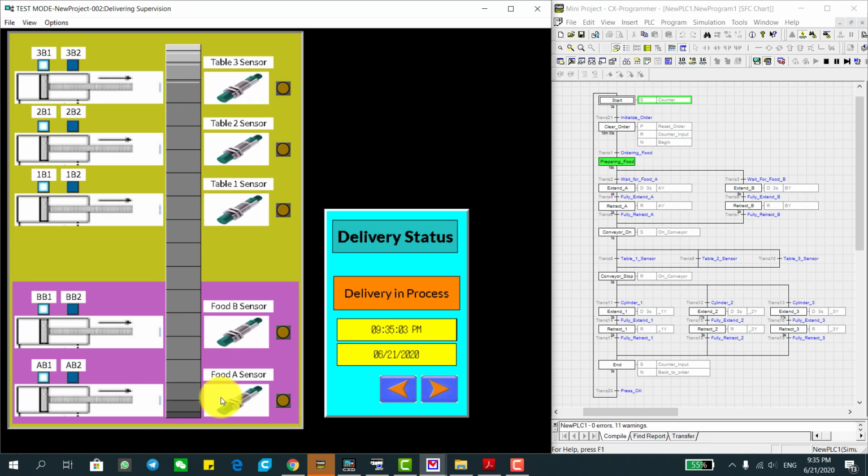So what happens if we prepare food A and put it on the sensor area? There is no response from the system, so we have to prepare the correct food and place it in the correct place. And now after 3 seconds, this cylinder will be energized and extend. So upon extending and retracting, the conveyor belt is now moving,